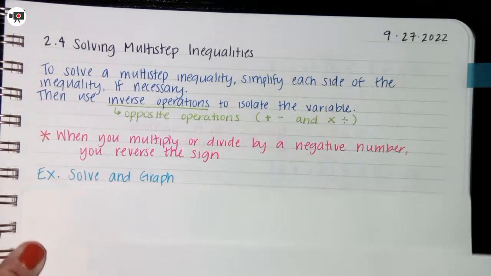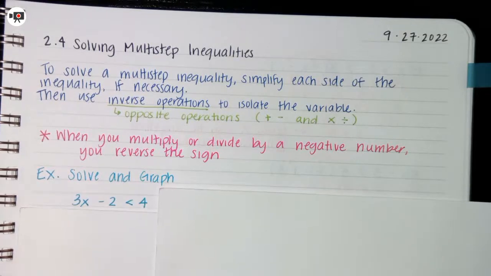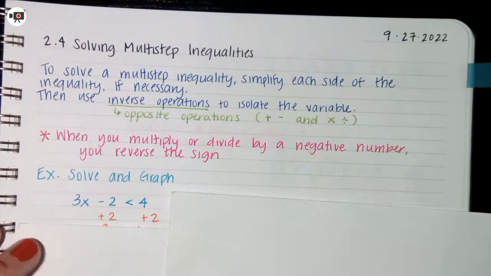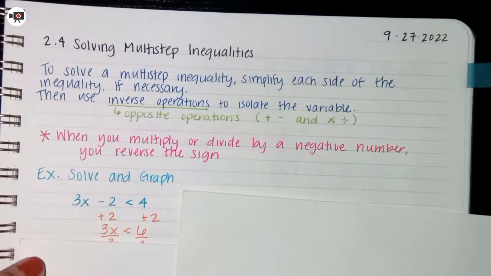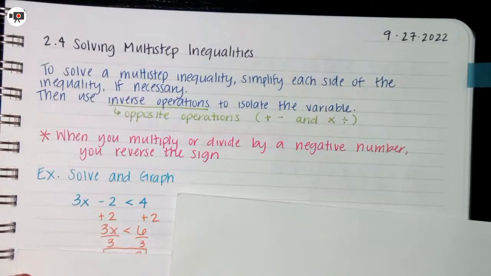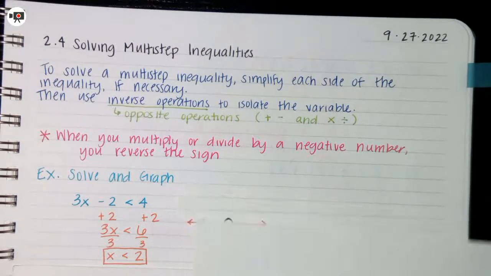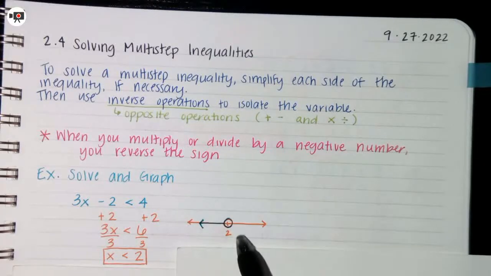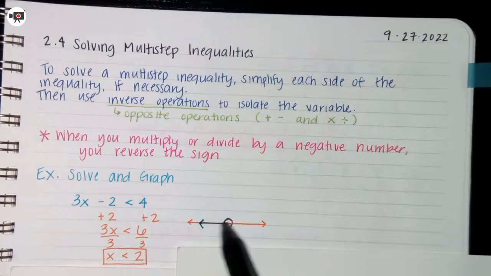If we are going to solve and graph 3x minus 2 is less than 4, to get x by itself, we are going to add 2 to each side, to get 3x is less than 6. Then to undo this multiplication, we are going to divide each side by 3. That leaves x is less than 2. So in my graph, 2 is going to have an open circle, and it is going to point to the